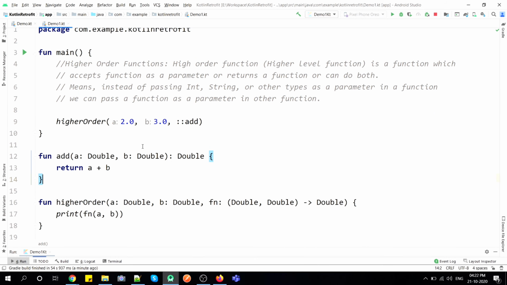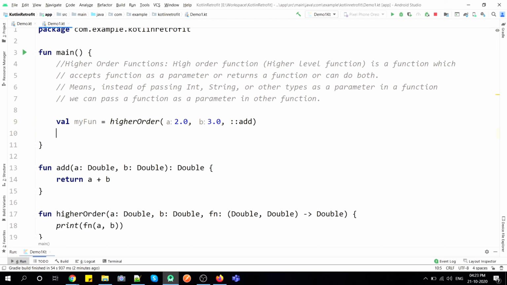Also, one more thing I need to tell you guys is that in Kotlin, we treat a function as an object itself. Like we can pass a function inside a function, we can return a function, or we can store a function inside a variable also. So let's try to store this higher order function in a variable. myFun equals this. That means we are passing this higher order function inside our myFun variable.